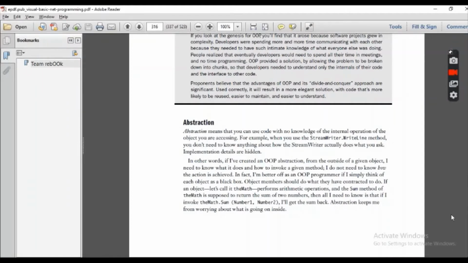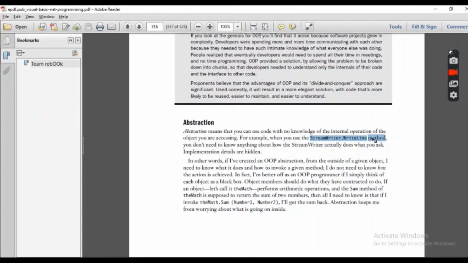For example, we have used console.WriteLine, right? We don't know what's happening inside WriteLine, how it is printing our variables and messages, but we are using this line. So this is known as abstraction. We just know the name of the method and how we have to use it. We write console.WriteLine, and it is going to print any argument that is passed to it. So this is basically hiding the complex details and functionalities which we do not need to know.